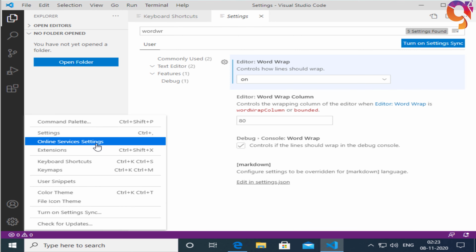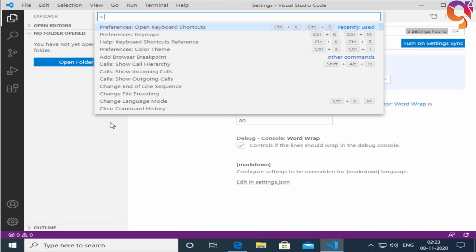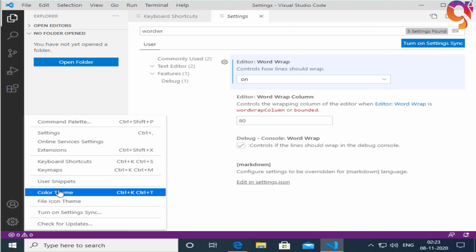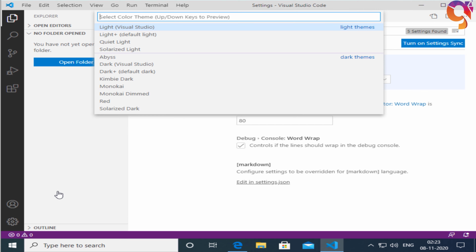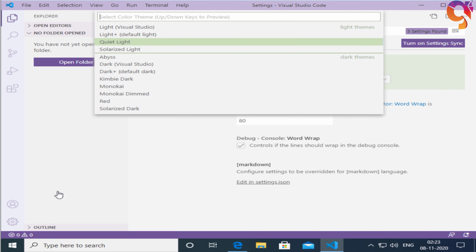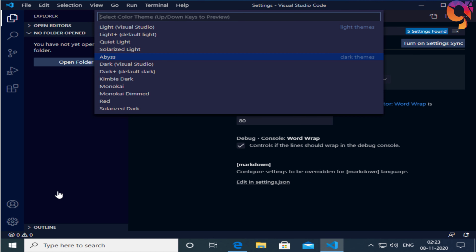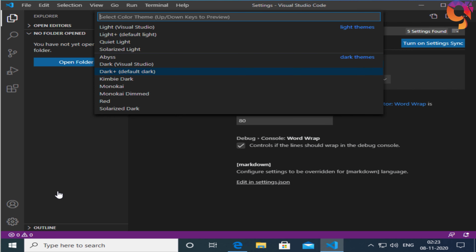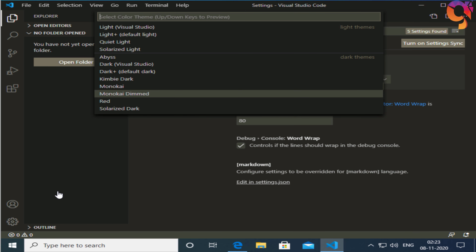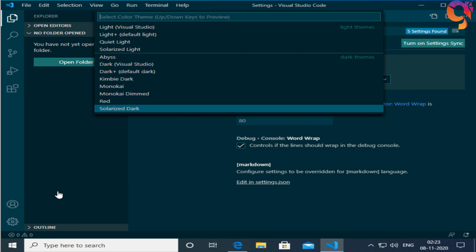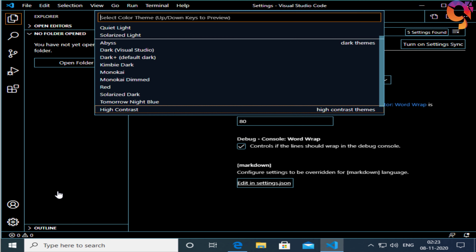So there are a few built-in themes and I will preview each one for you quickly. Some of these are just ridiculous in my opinion, and there are a ton of additional themes that you can search through and download. A popular one is called Material Dark, but I actually prefer the default dark theme. So I'll stick to that one. Let's move on to extensions.